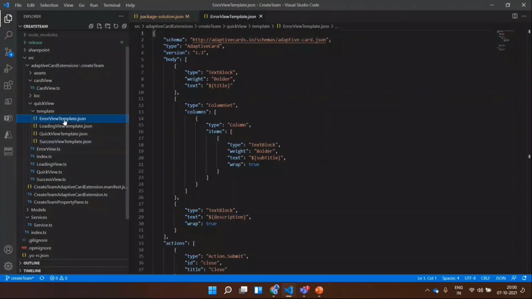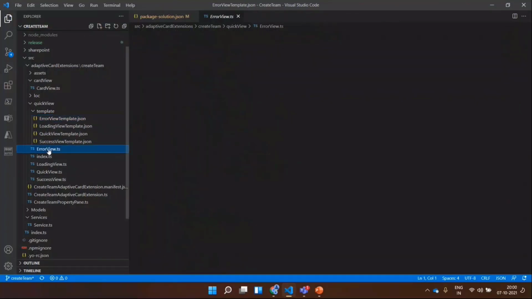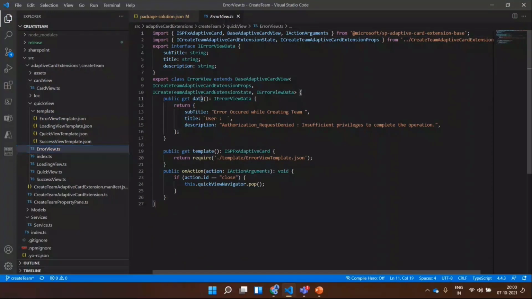For the error view, it's the same thing, but the values are different. We get the value from the data method when the quick view is rendered on the particular card. So when an error occurs, the title plus subtitle will be that an error occurred while creating a team, and the description.